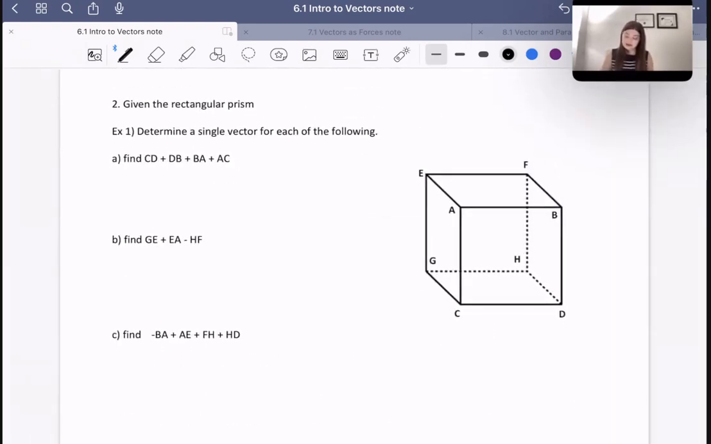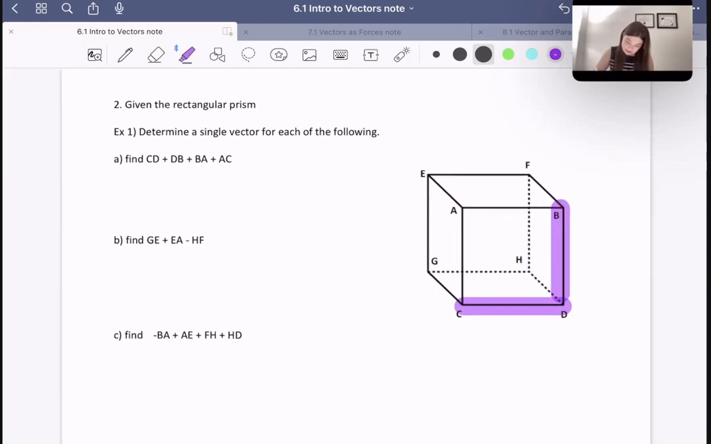So here it says, given the rectangular prism, determine a single vector for each of the following. Find CD plus DB plus BA plus AC. Okay, well, let's think about that. First of all, I'm going to draw what that all looks like. So CD, DB,